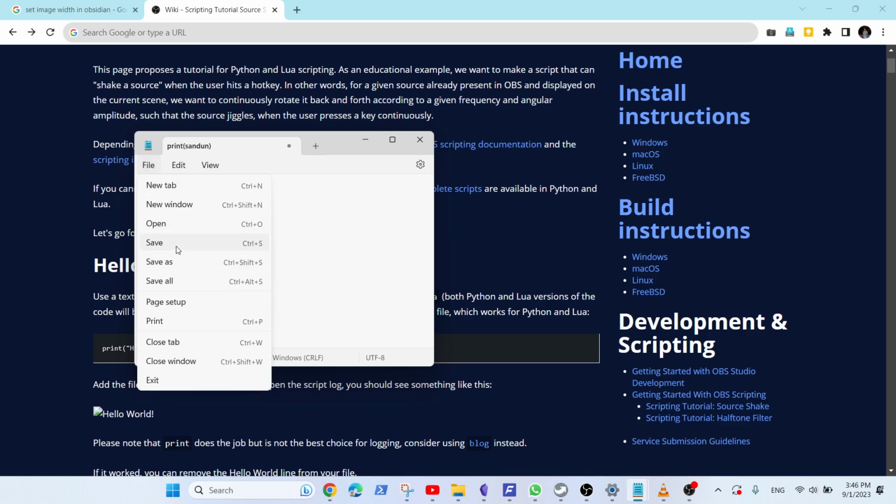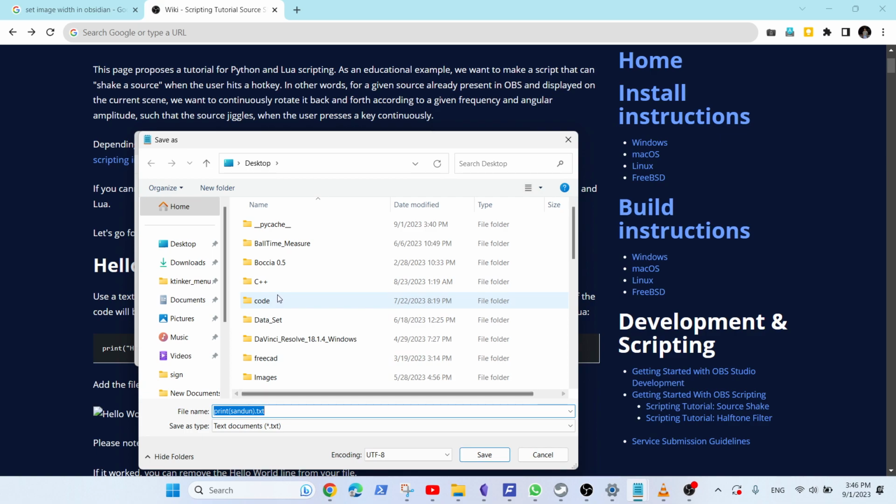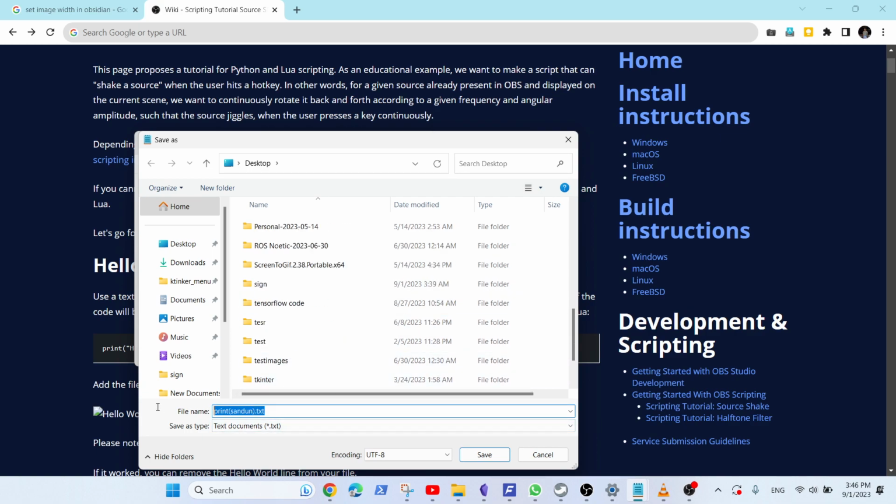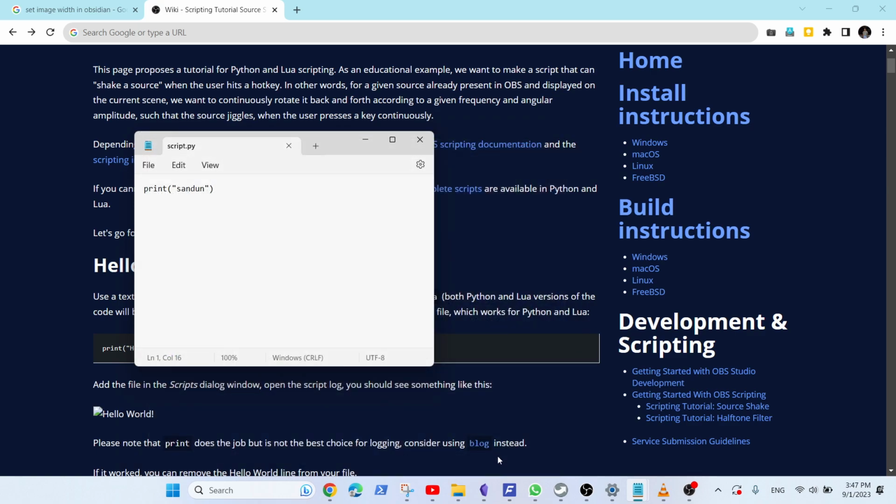Next I will save this file, so you can click save, and make sure that you save it in a location and give it a name. Let's say test. Okay, I have the test file, so let me try script.py. Use the py extension because this is a Python file, so I'm going to save it on the desktop now. Okay, so after saving this